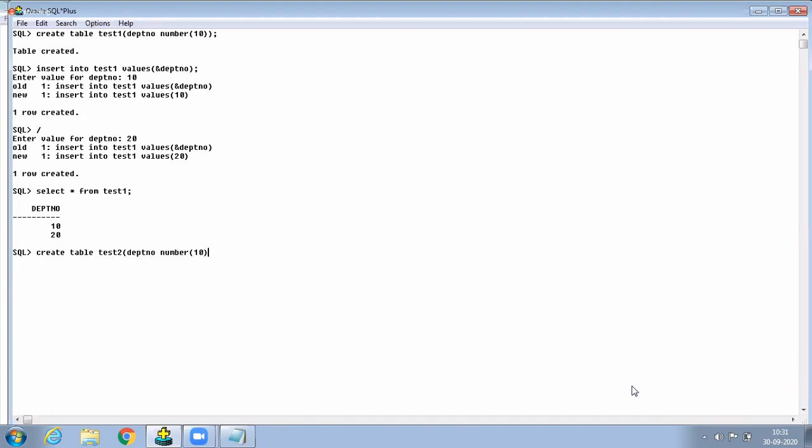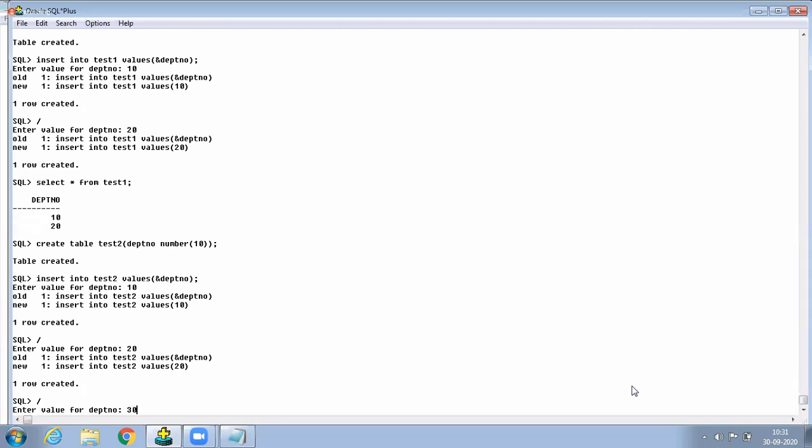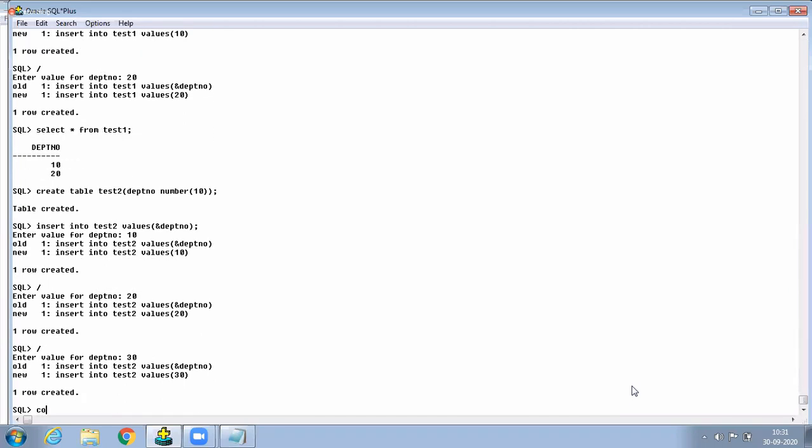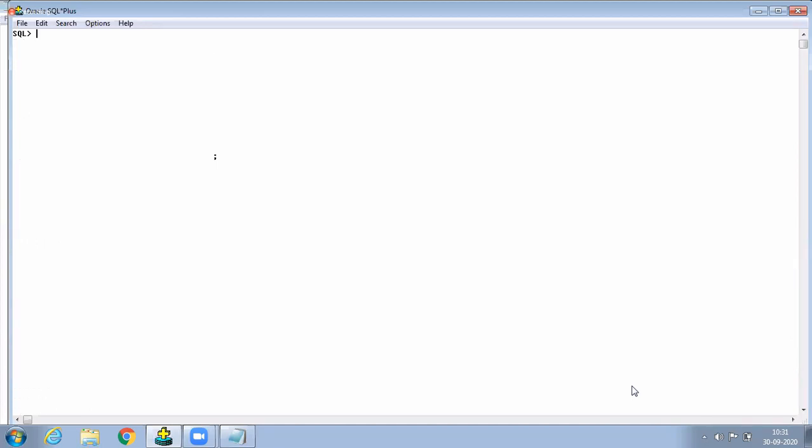Now I try to insert the data: insert into test2 values, with department number as the column. Now 10, and now 20, and again 30 as extra data. Now I am committing the transaction.